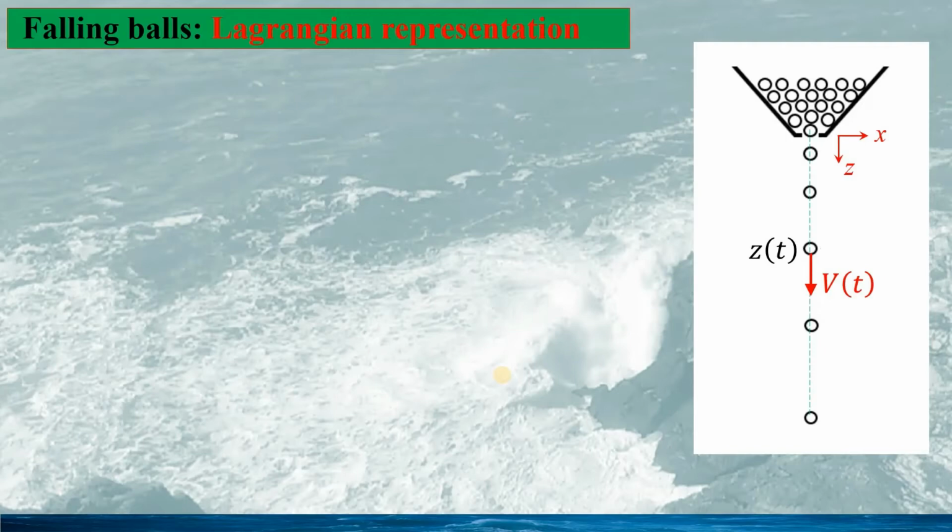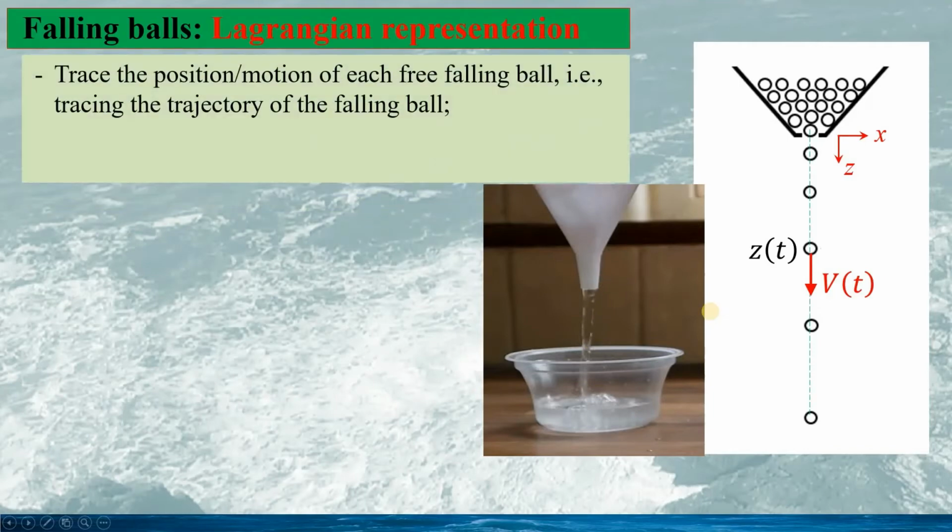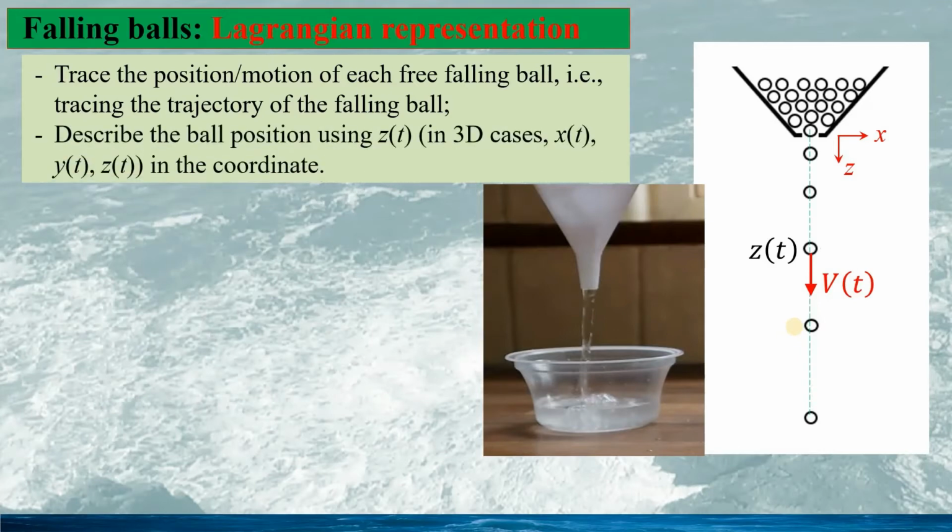Now in the next few slides, I will use an example to show the difference between the Lagrangian representation and the Eulerian representation. The example is the falling ball. See this picture. This is similar to the water through a funnel. In the Lagrangian representation, we chase the position and the motion of each falling ball,